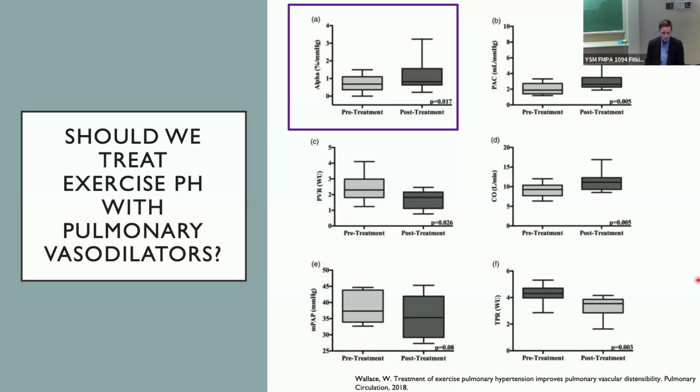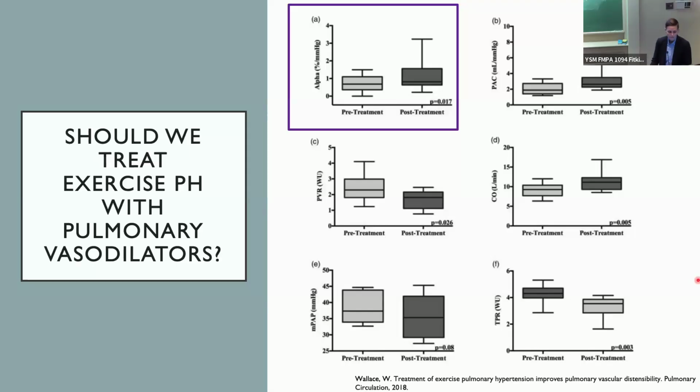Mechanistically, precapillary exercise pulmonary hypertension likely reflects endothelial dysfunction and dysregulated nitric oxide signaling, providing a rationale, at least, for using pulmonary vasodilators in this population. And there are limited data, mainly in systemic sclerosis patients and in patients with only mildly elevated resting pressures, that